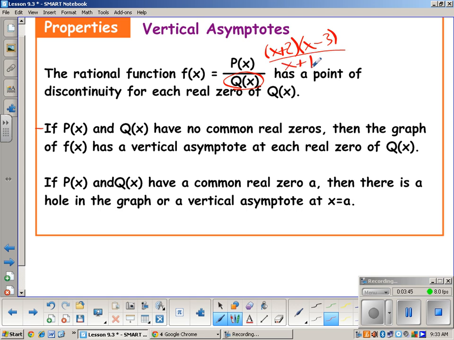The zeros on top would be negative 2 and positive 3. Do you agree? The zero on the bottom would be negative 1, right? So that would be this scenario right here, where they have no common zeros. Then the graph will have a vertical asymptote at each of the real zeros of the bottom. And so that means that if I was to graph this at negative 1,